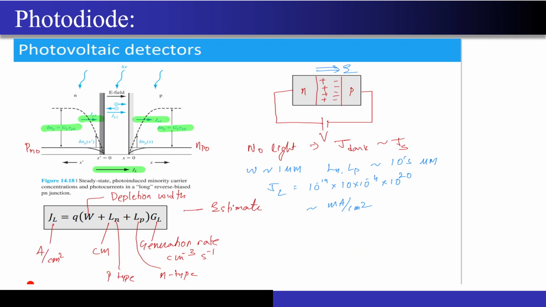So now let's look at what we have seen for the photodiodes. I won't go into a lot of concepts because of the lack of time. I still have to solve, I guess, one more numerical. So if we look at the photodiodes, first we studied the photoconductors, correct, which I have not shown over here. Then we went on to the photodiode made out of PN junction. Then we went to the photodiode which was made up of PIN diode, correct.